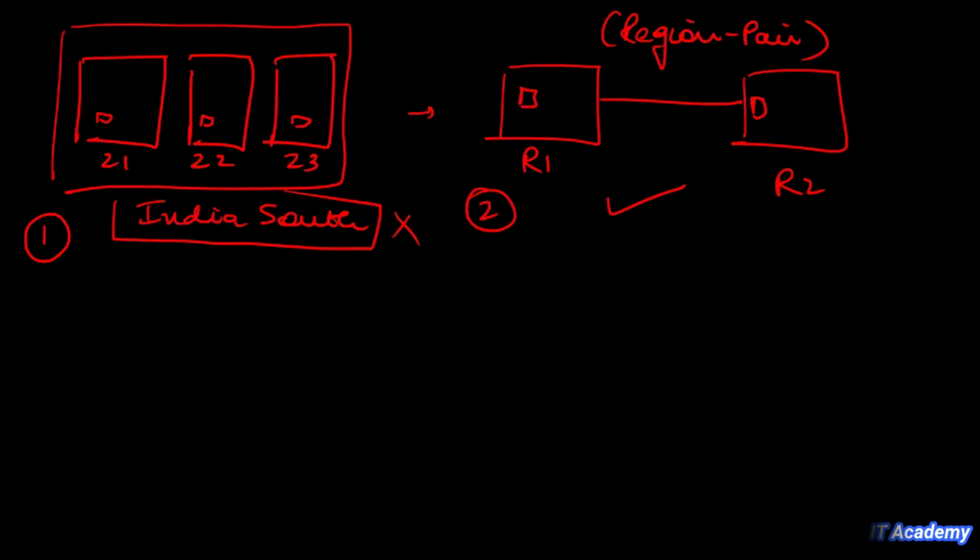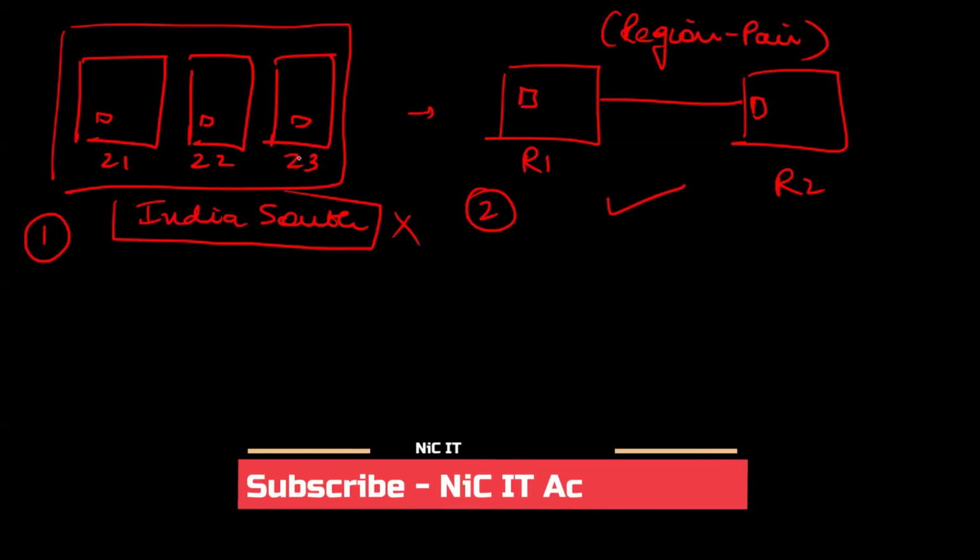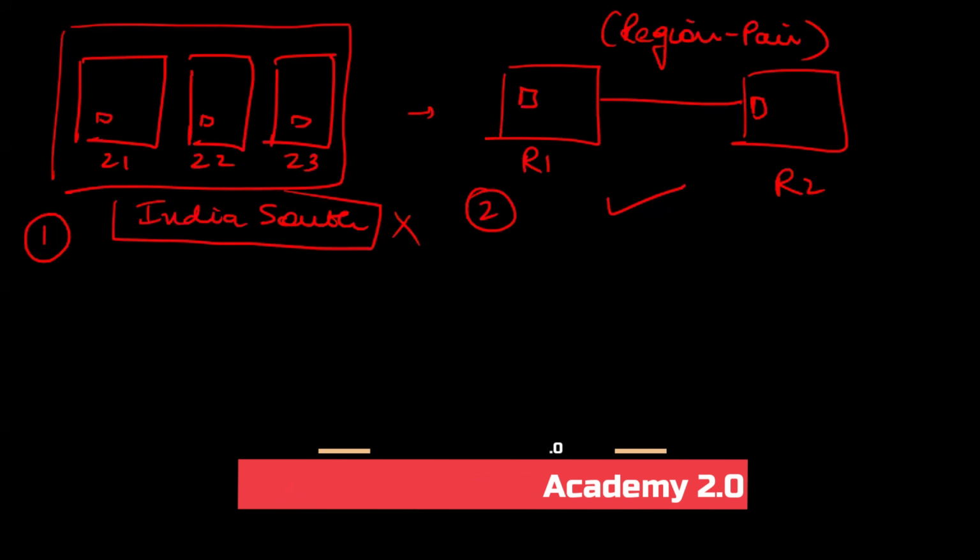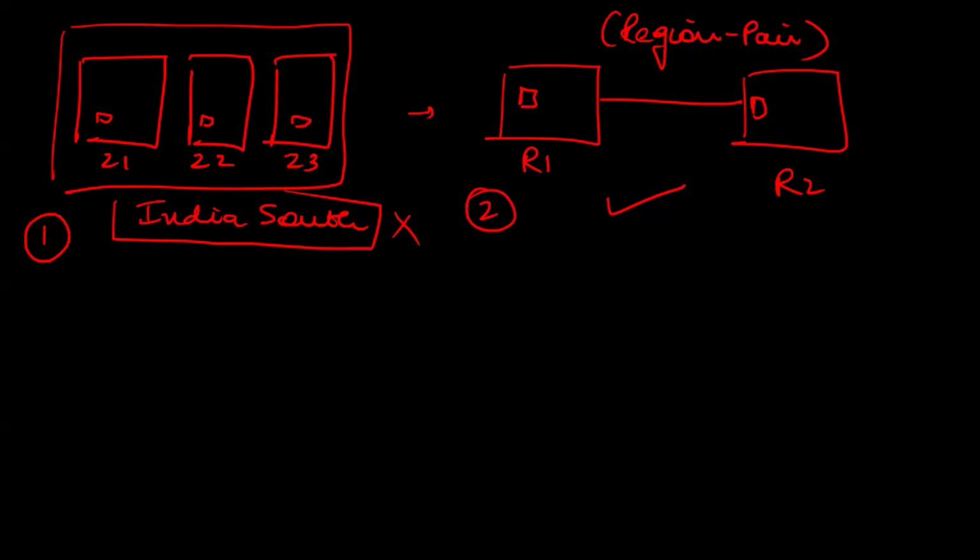But then again, creating more copies does not ensure higher availability. As I said, if you compare option 1 and option 2, you can create hundreds of copies in the first case. But then again, what will happen if the region itself goes down? Correct? So the number of copies does not matter. How you arrange those copies, where they are stored, and what all faults they can face will decide the availability in the end. All right.